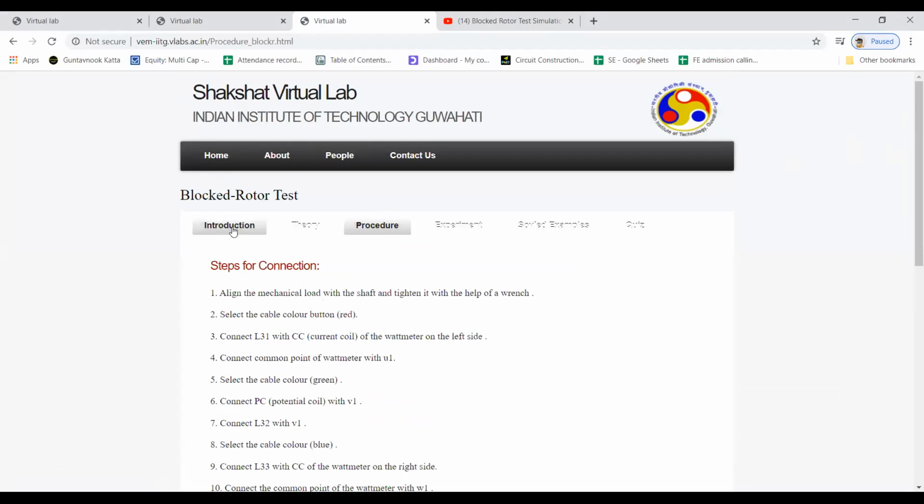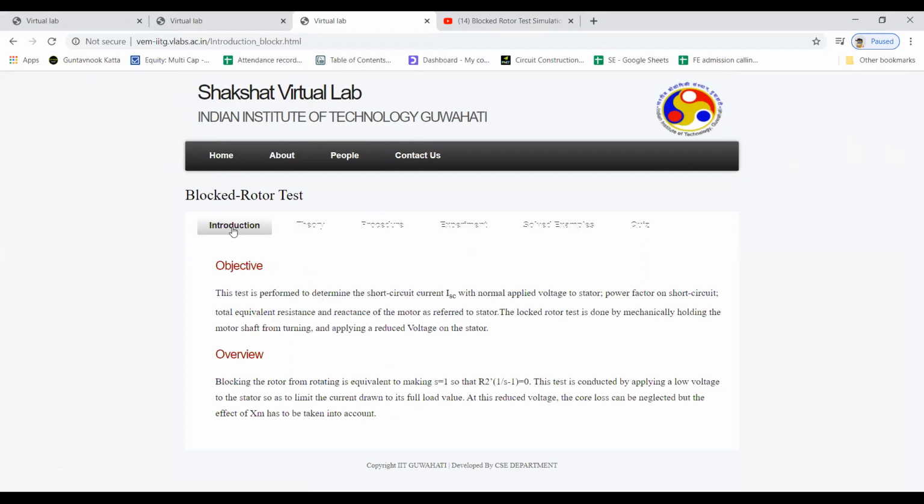So if I press this introduction, I get this introduction. What is the objective of this? This test is performed to determine the short circuit current ISC with normal applied voltage to the stator, the power factor on short circuit, and the total equivalent resistance and reactance of the motor as referred to the stator.